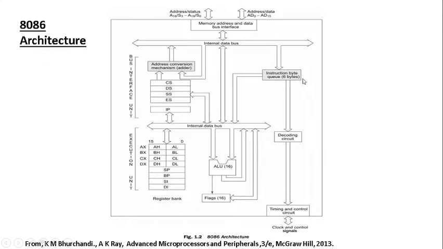This instruction prefetch queue, which is part of the bus interface unit, will already have a prefetched instruction. That prefetched instruction will be passed to the execution unit. The execution unit will execute an instruction obtained from the prefetch queue, and when the prefetch queue is free, it will bring in a new instruction with the help of the components of the bus interface unit. That's how a pipeline occurs between the execution unit and the bus interface unit. At any point of time, the execution unit will be engaged in an instruction, and at the same time the bus interface unit will be fetching an instruction from RAM and associated devices.